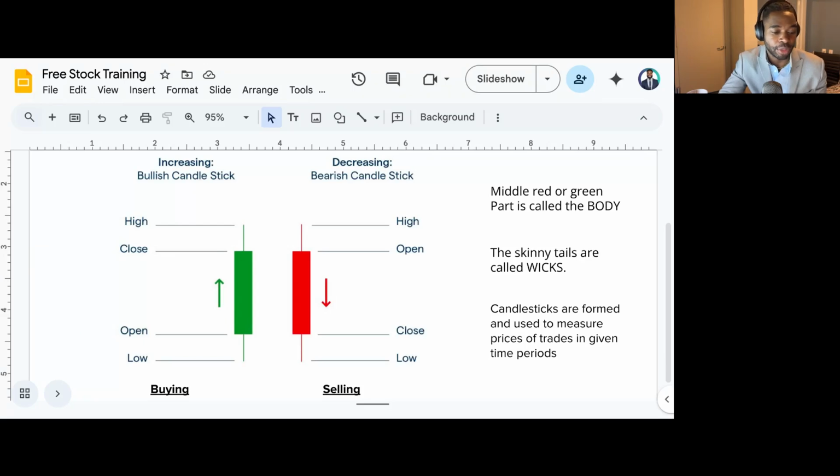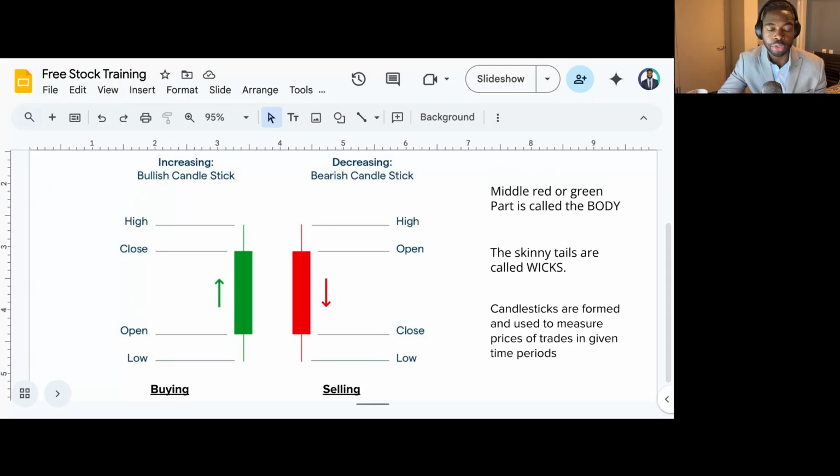All right. Anyways, so how do these candlesticks work? So the middle part is called the body, and then these skinny parts are called the wicks. Okay. The middle part, this rectangle, is called the body, and these little skinny parts are the wicks. Again, green is buying, red shows selling. So how do we know? Well,